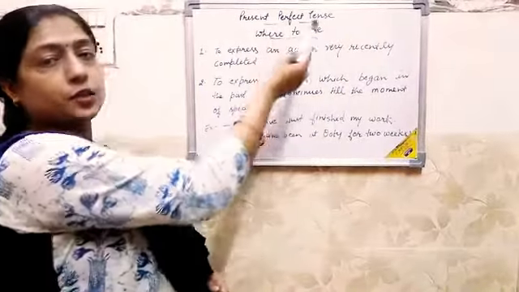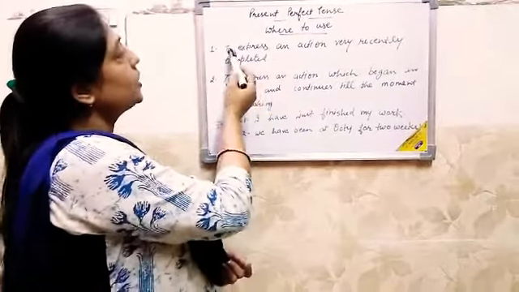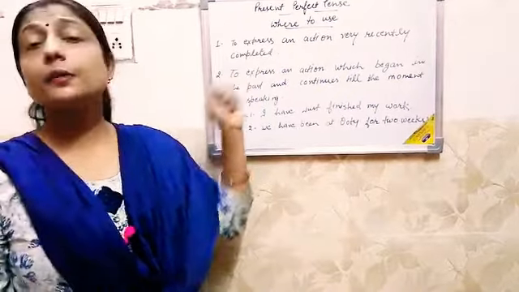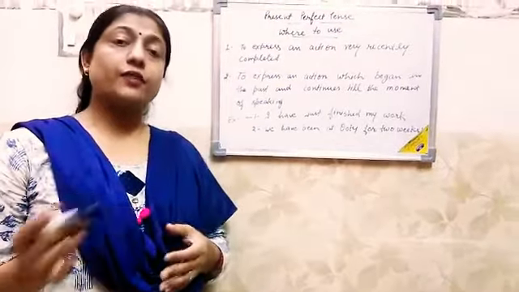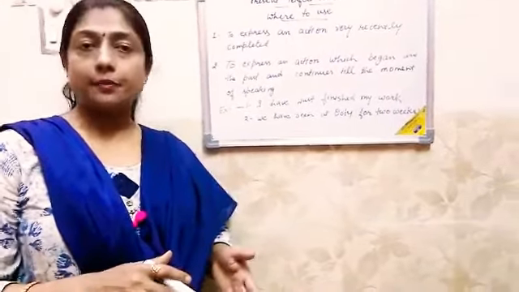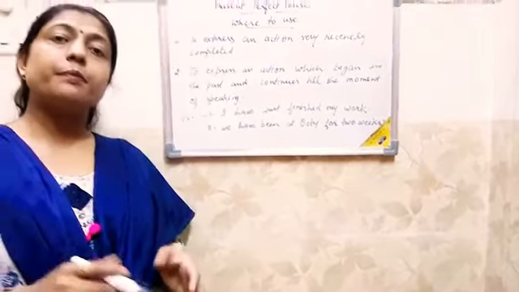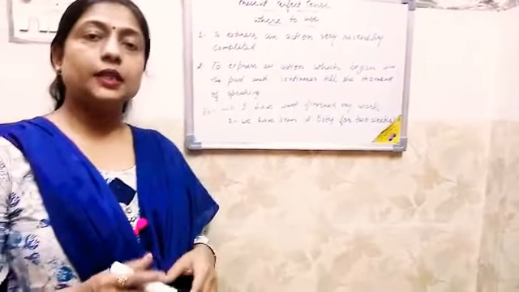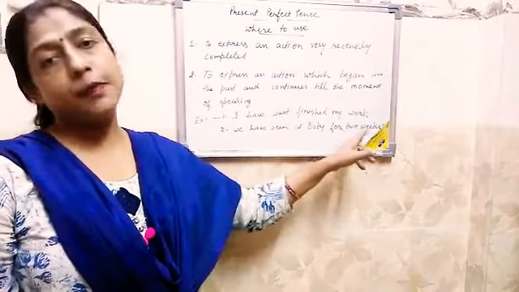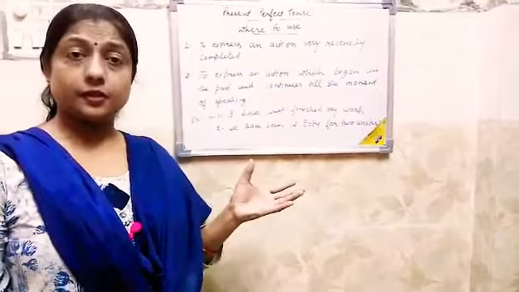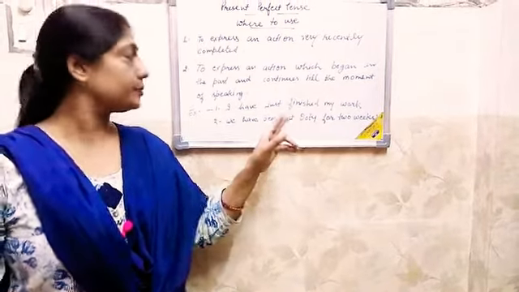One is present perfect tense. First, see where to use present perfect tense. To express an action very recently completed, we use this tense when we have to show an action that we have just completed, we have recently completed. It shows the complete action, but that is completed in the present only, in the recent hours. For example, I have just finished my work. My work is finished, it is completed, but it is just completed. It is completed in the recent period.